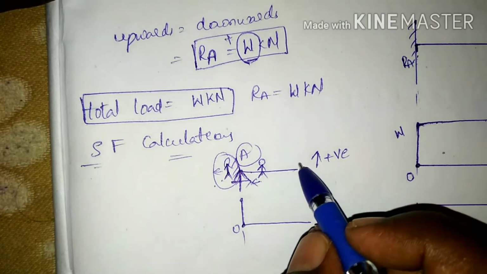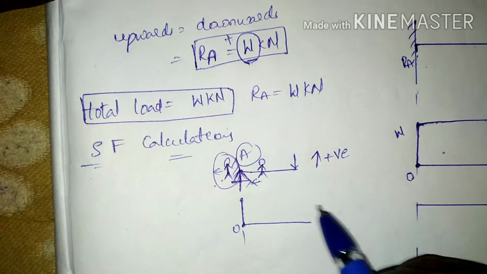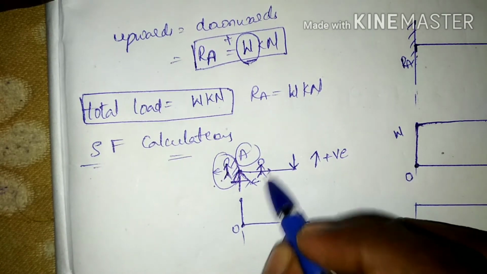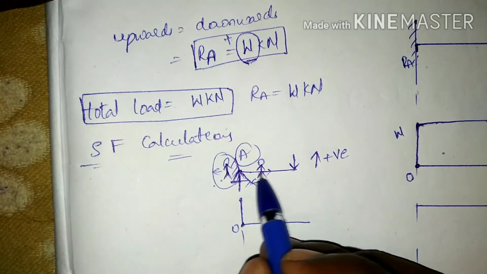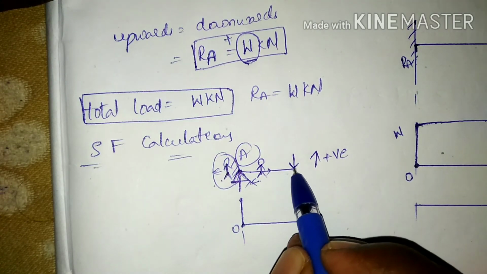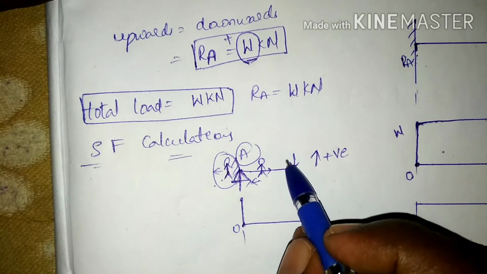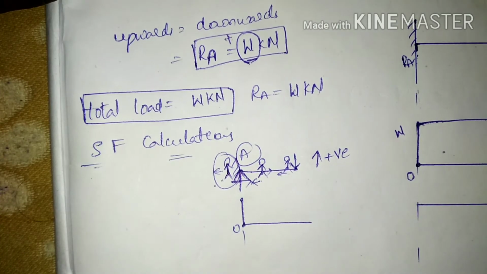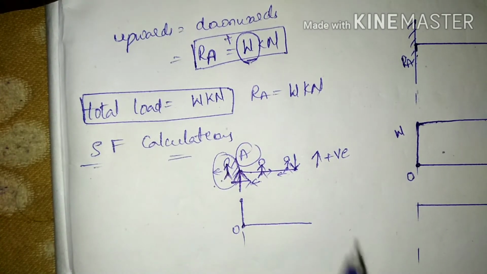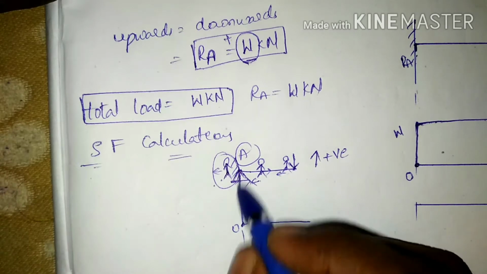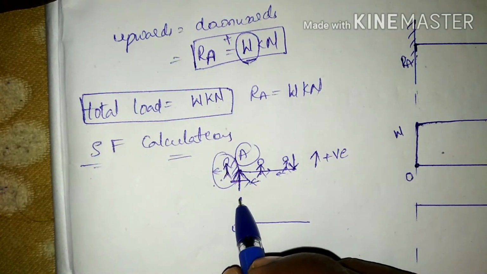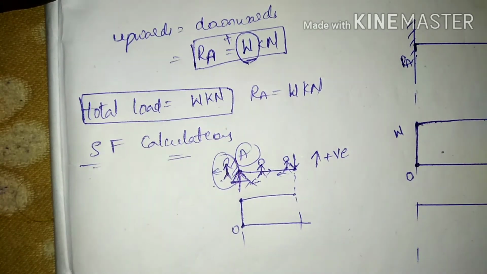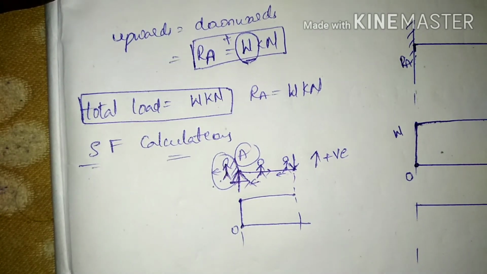Yes, simple. And here I am having a load, and I am moving on the beam. Since there is no load here, we are having a load at the free end, and I am going to stand here and look at the left side. I am only having that one load, that is RA, the reaction in the upward direction, up to the load which acts in the downward direction.